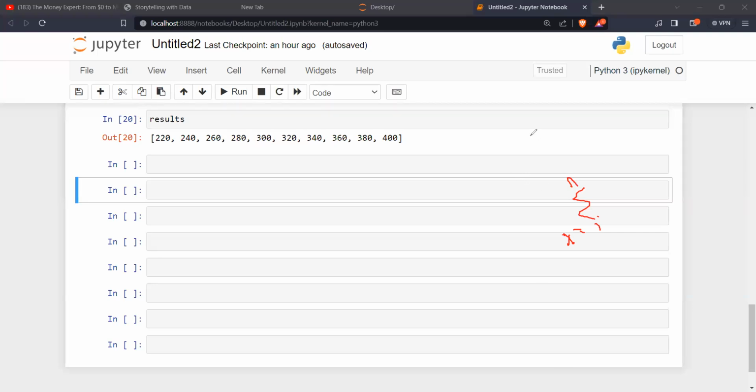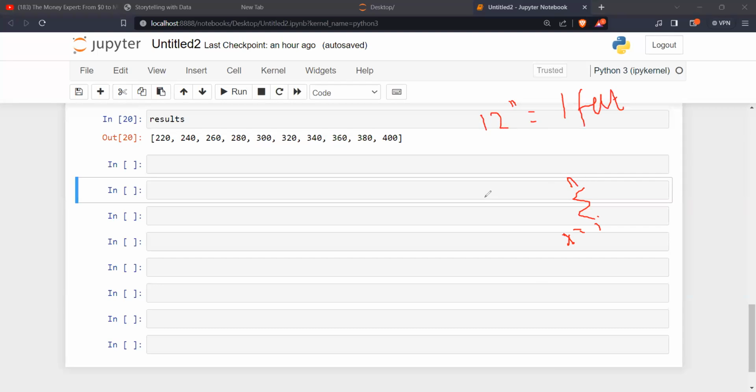Yes, 12 inches make 1 feet. Okay, 12 inches make 1 feet.